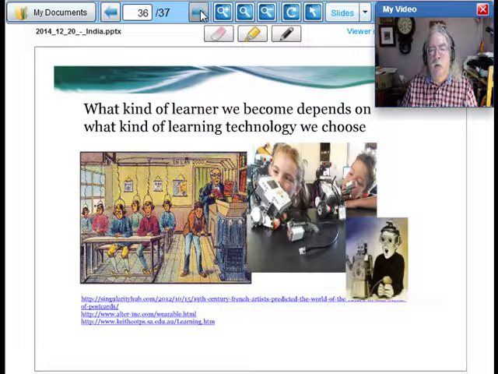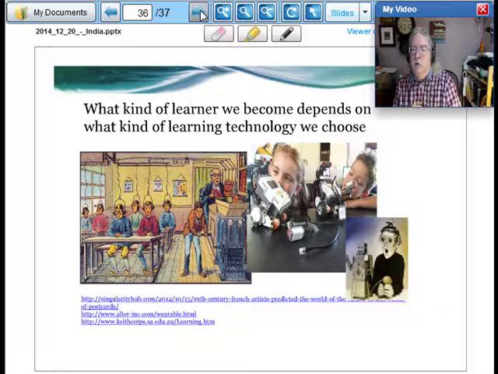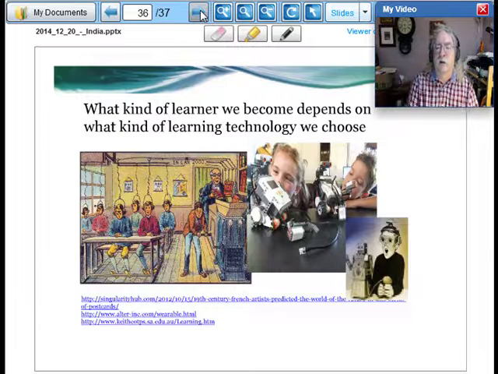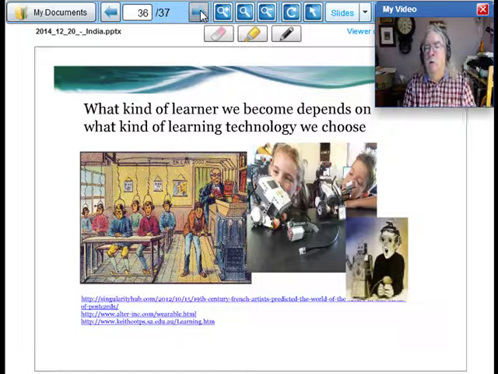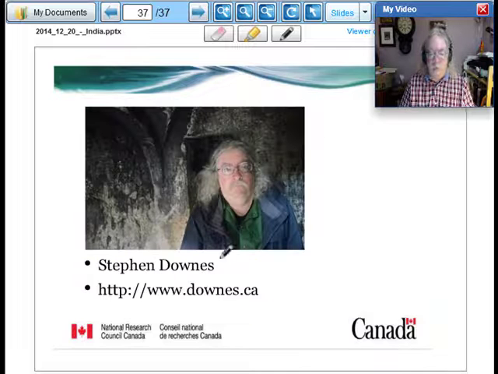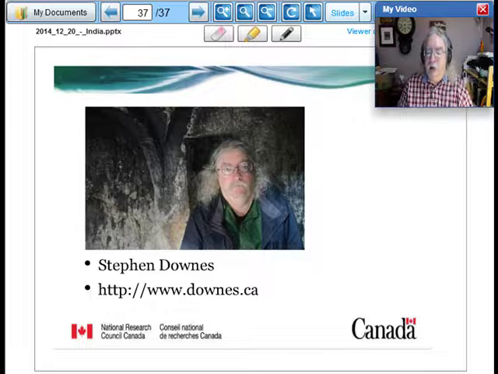And what we're trying to do with our approach to learning is to provide an alternative to the kind of learning where everything is centralized, everything is controlled, everything is managed. We are stressing personal learning, personal empowerment, personal freedom, interactivity, networking, and cooperation. So that's the basic presentation, and I would be very happy to take any comments or questions that you may have.